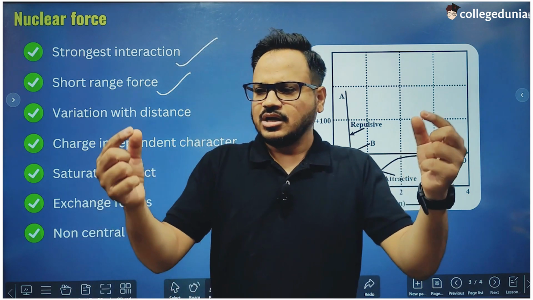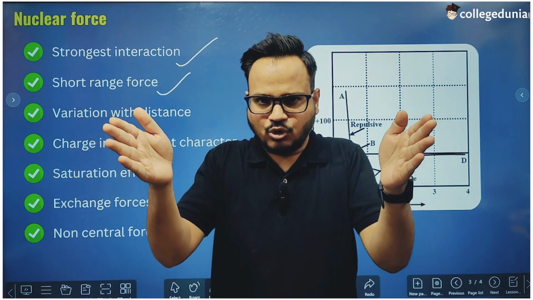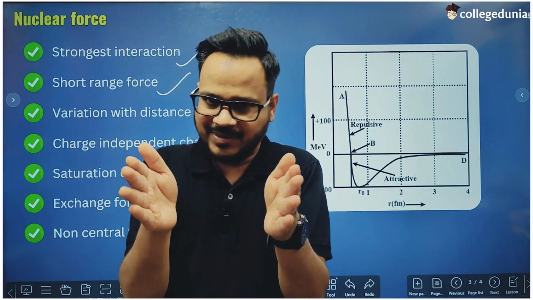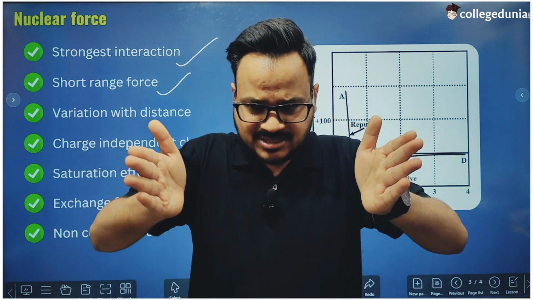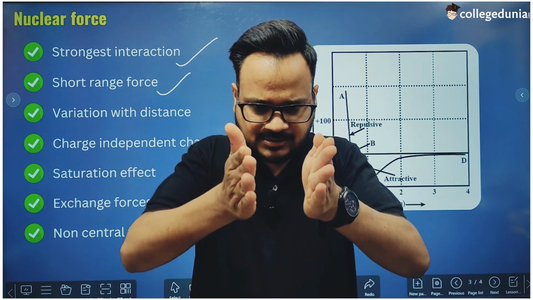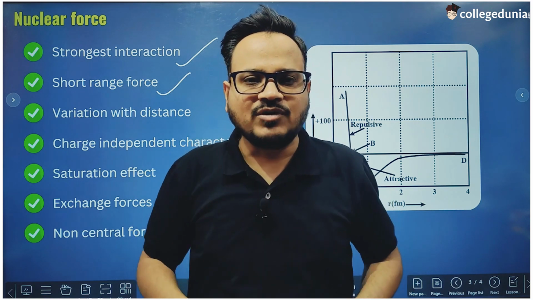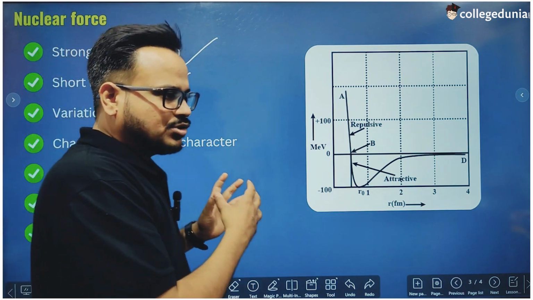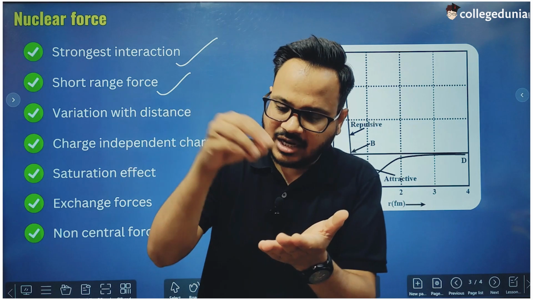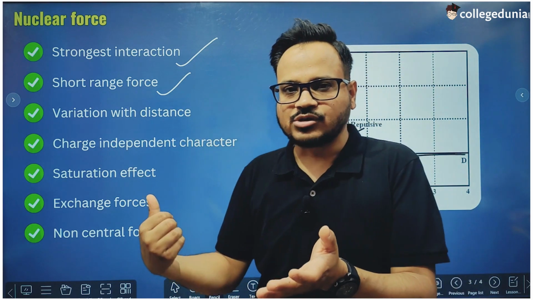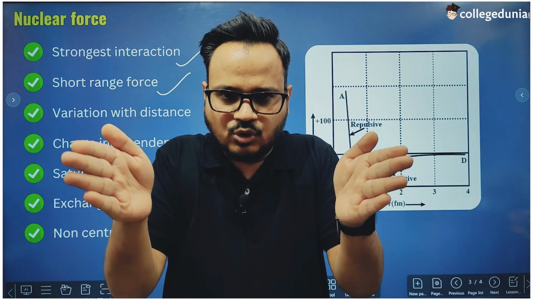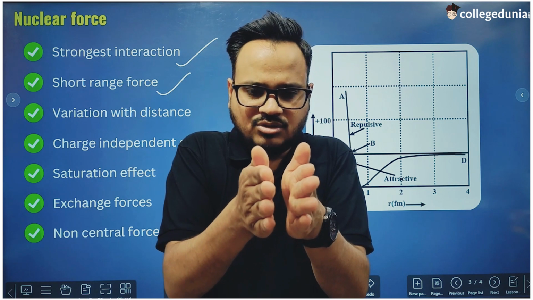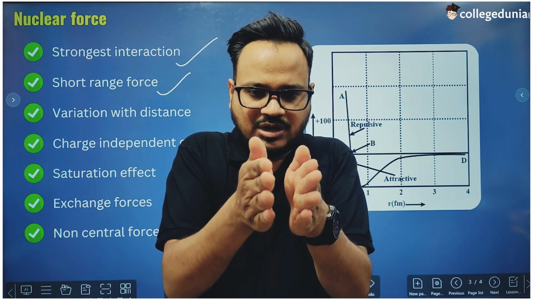So let's see what happens. These are 2 protons, and we have to bring these protons close to each other by applying so much energy, because these 2 protons will repel each other, right? So we will apply so much energy to make them come closer like this. But once the distance between them is 2 or 3 femtometer, the electrostatic force of repulsion vanishes and another type of interaction appears, which is called nuclear force.